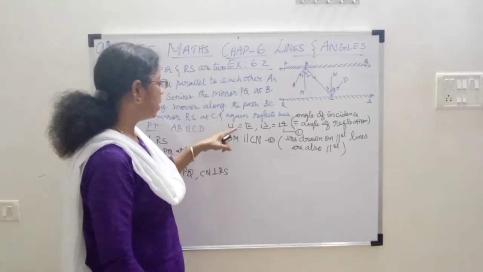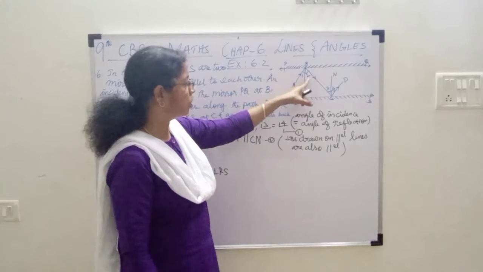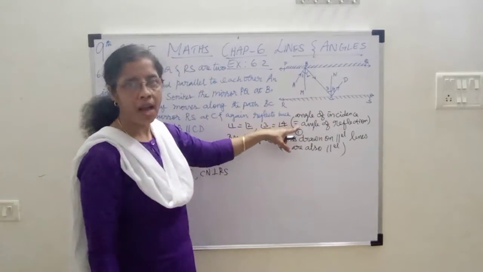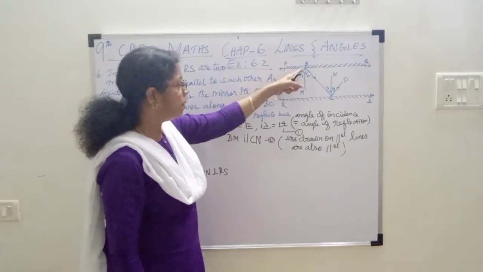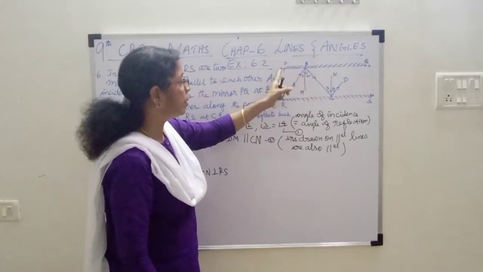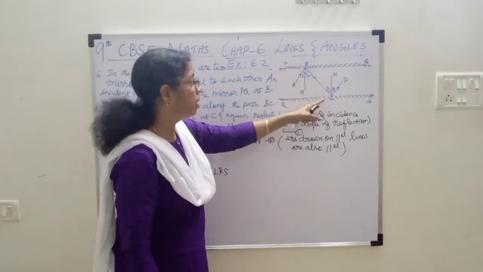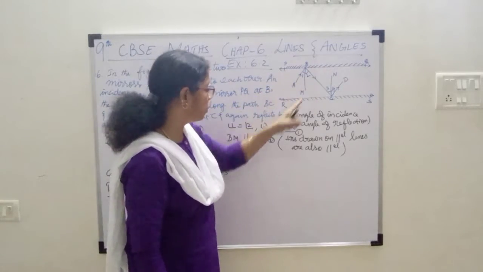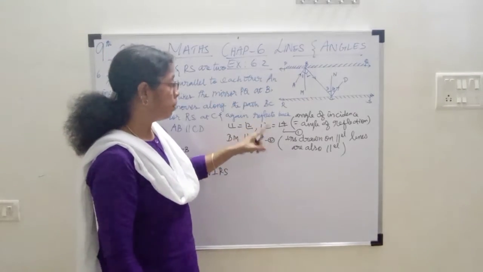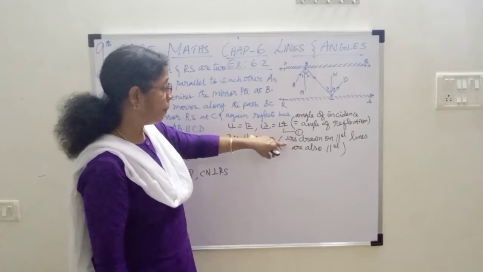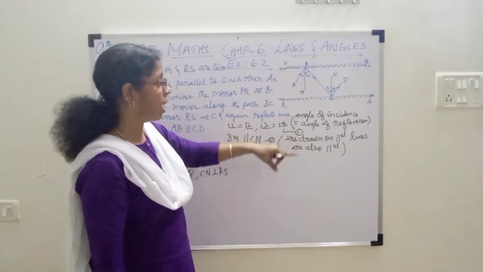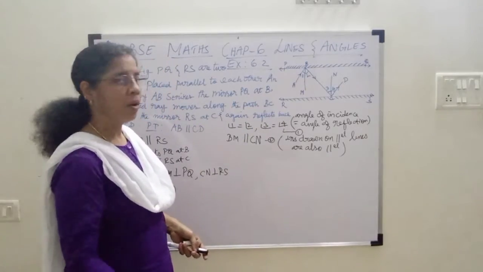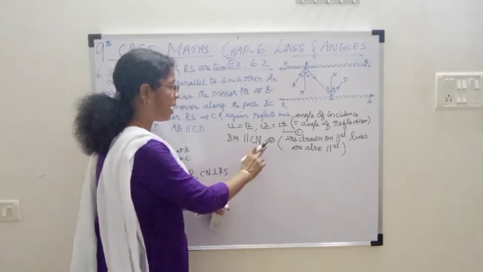Can you understand this? This is angle 1 equal to angle 2, angle 3 equal to angle 4. The reason is the angle of incidence is equal to the angle of reflection. Then we know BM and CN are the perpendiculars drawn to PQ and RS, and PQ and RS are parallel lines. Now I am saying BM is parallel to CN. How can we say that? Because by the rule, perpendiculars drawn on parallel lines are also parallel. So BM is parallel to CN. Do you agree with that?